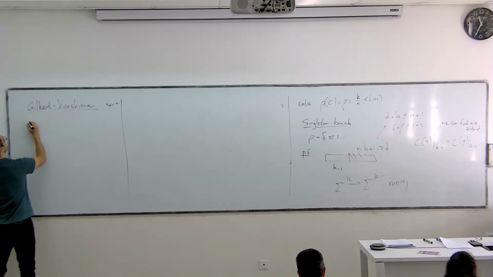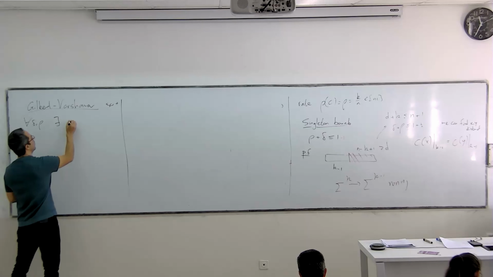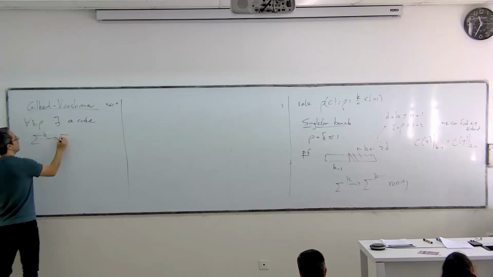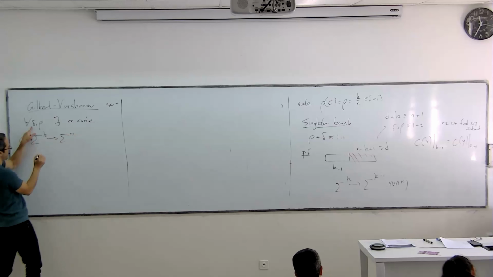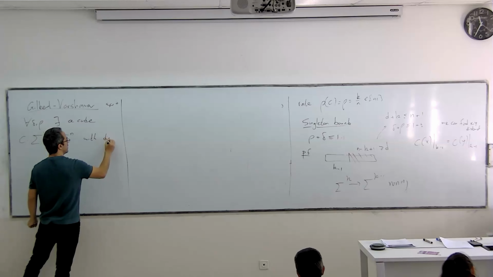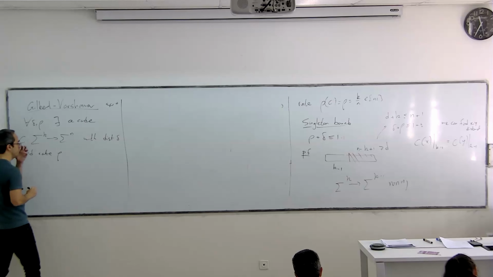They proved that for any delta and rho that you want, there exists a code with this relative distance of rho,